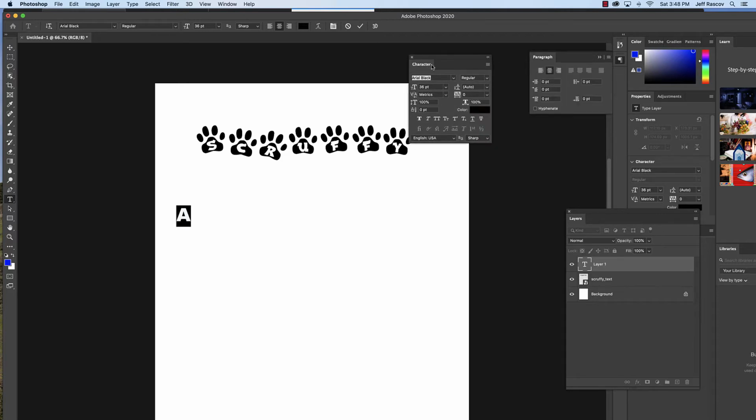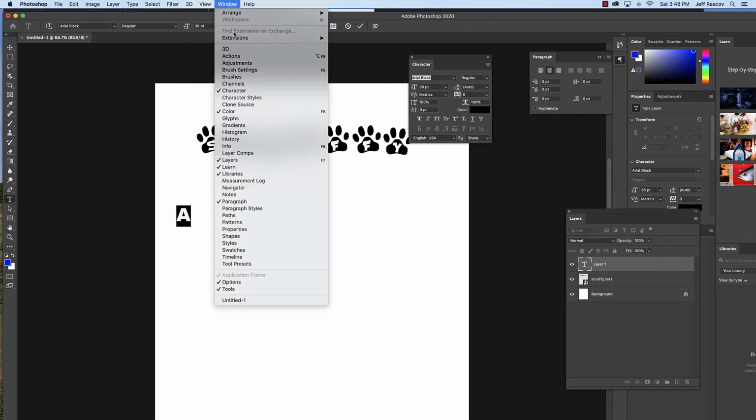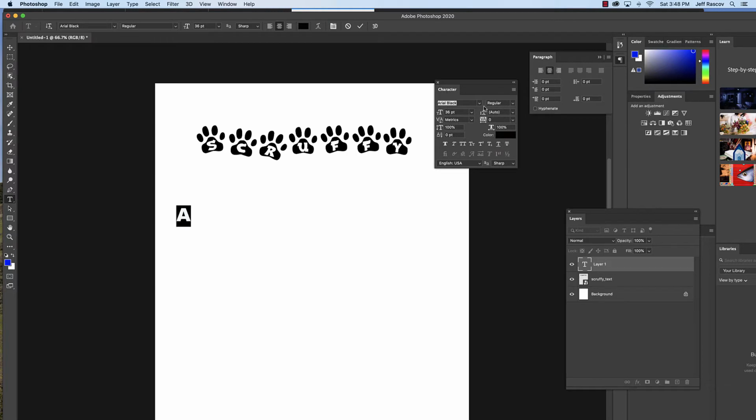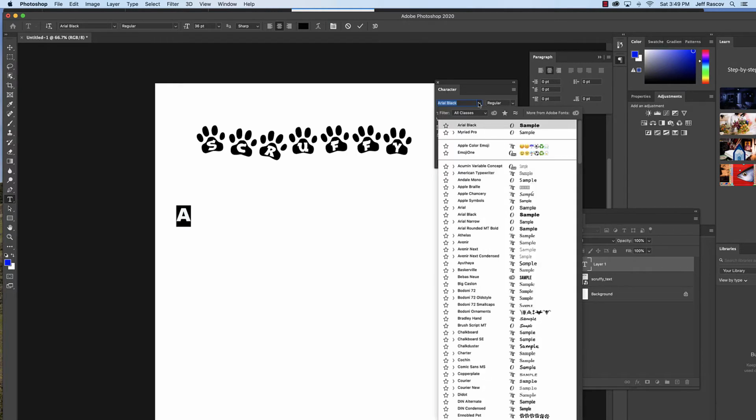If you don't see the character option inside of Photoshop, you can always get to a window by going under Window, Character. Under Window, Character, it might be linked or tabbed over here. If you just see it over here and you want to drag it out, click on the word itself and drag out. Okay, so those shapes that I downloaded, let's click on the font option here and let's see if we can